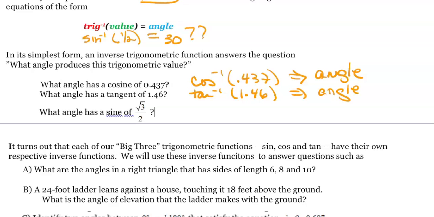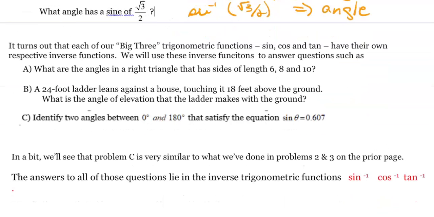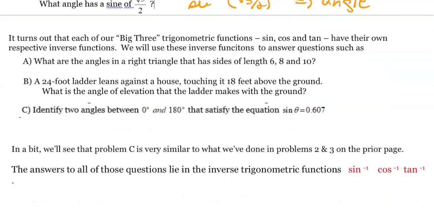What angle has a sine of radical 3/2? You would say sine -1, and then in the calculator, you put radical 3/2, and that would get you an angle. Okay, and whether it's in degrees or radians depends on what your calculator is in. Okay, let's keep going. It turns out that each of the big 3 trig functions have their own respective inverse